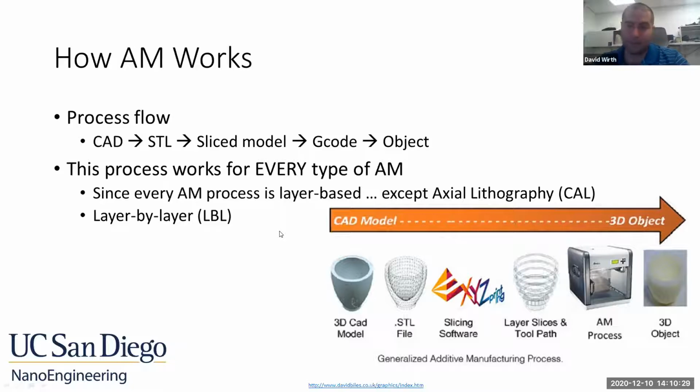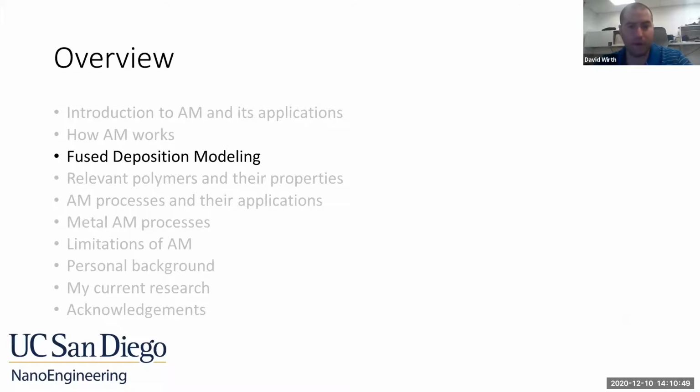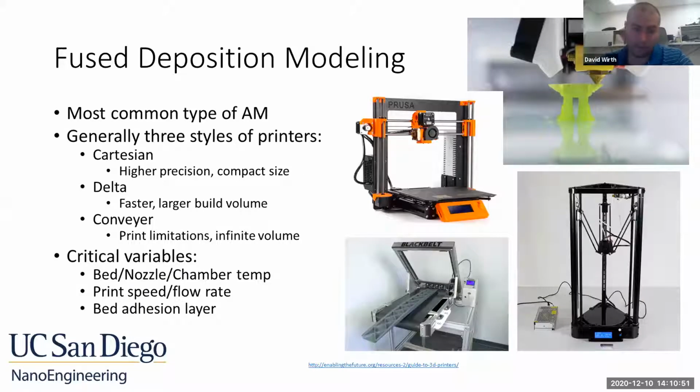The cool thing about this is they all really follow this general model. Every type of additive manufacturing, this holds true for, except one, and that's computed axial lithography. And I'm going to talk about that too. But other than that, every one of these 3D printing processes is layer by layer. Okay, so the most common type of 3D printing, the one that you're generally going to think of or see